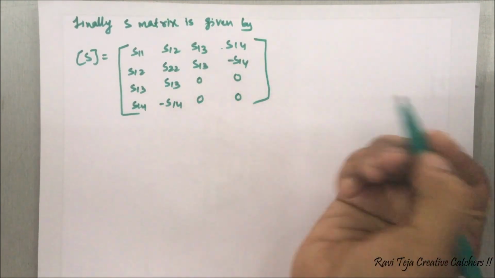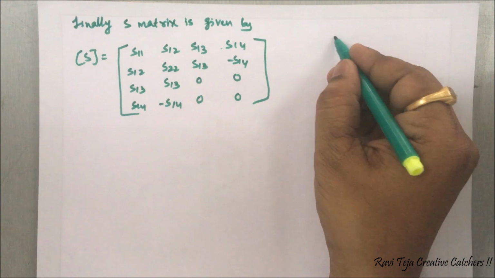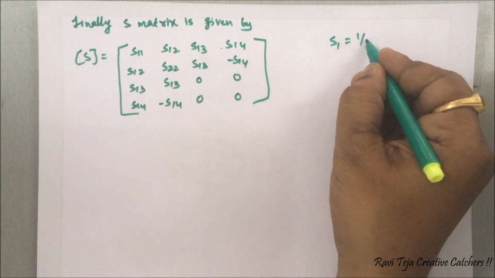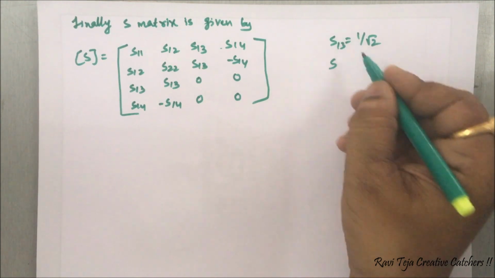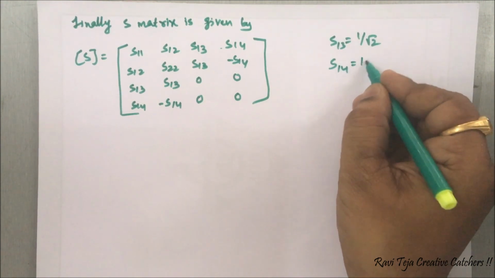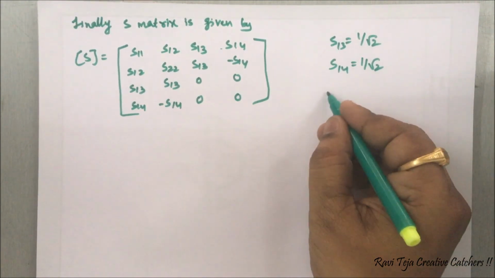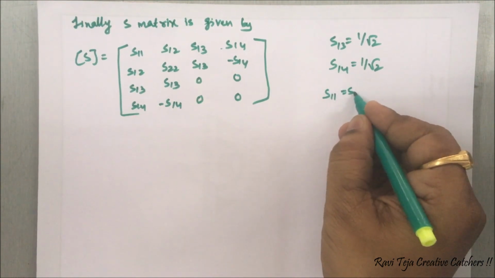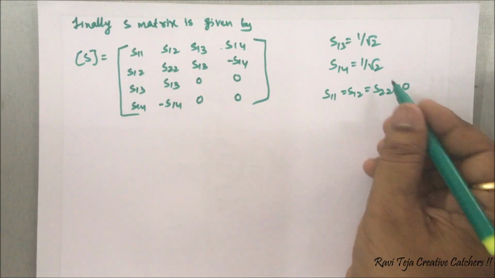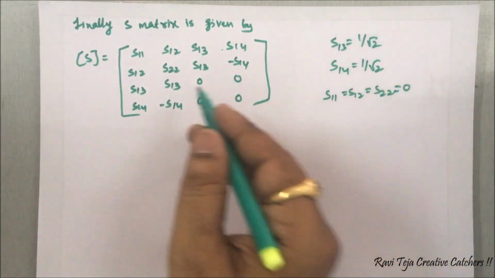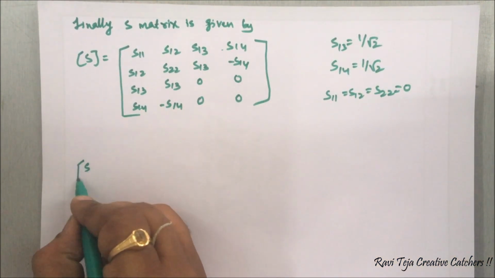This is what we have, right? S13 is 1 by root 2. S14 is again 1 by root 2. S11 is equal to S12 is equal to S22 is equal to 0. These are the values we have. Substitute all these values in this particular matrix. What we get is